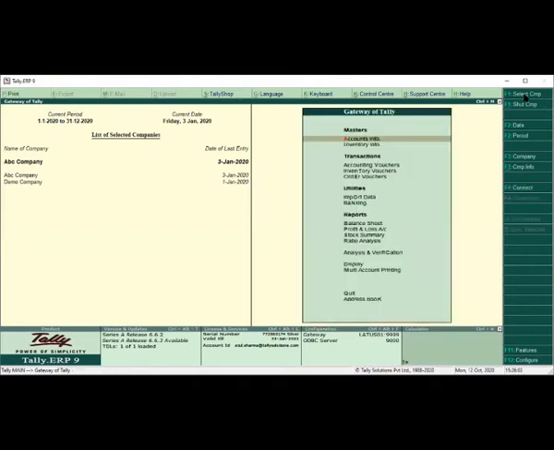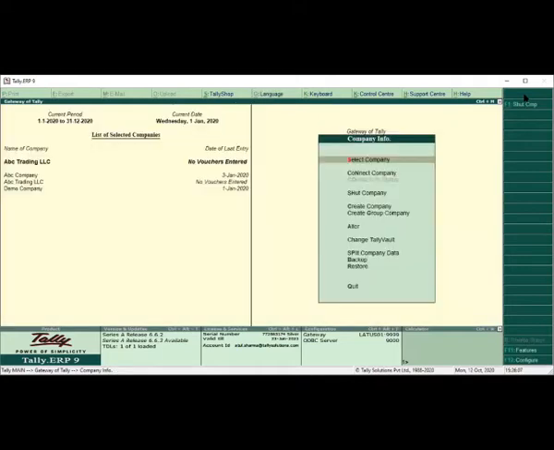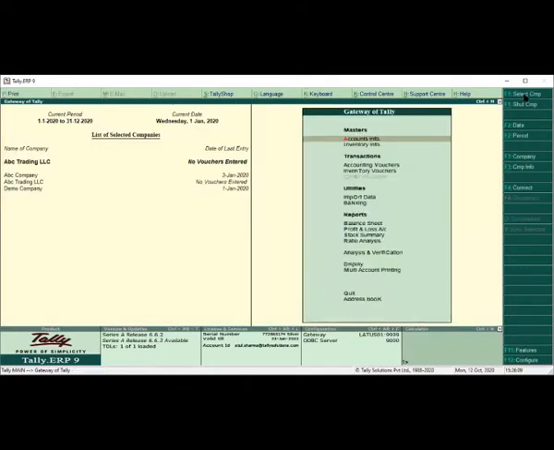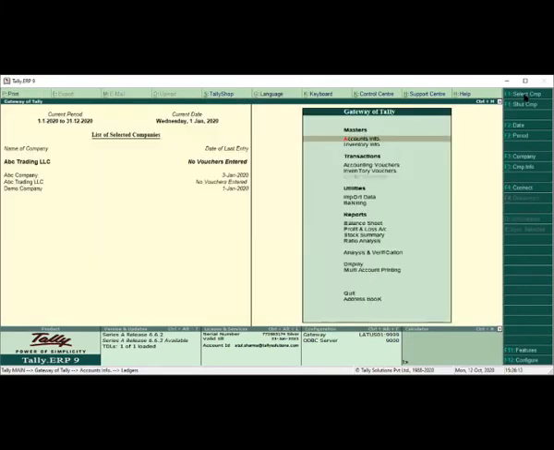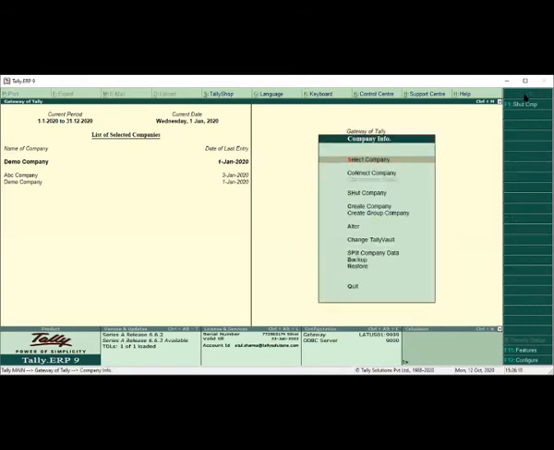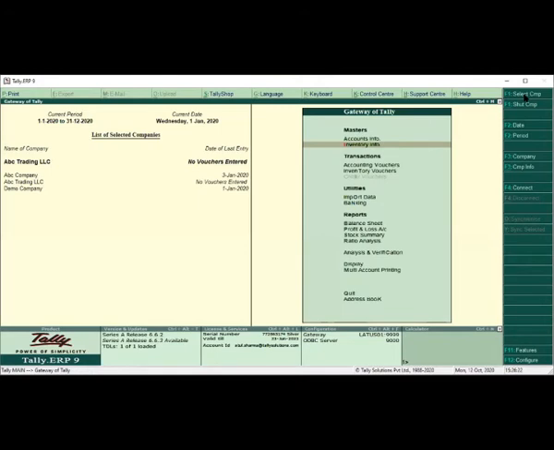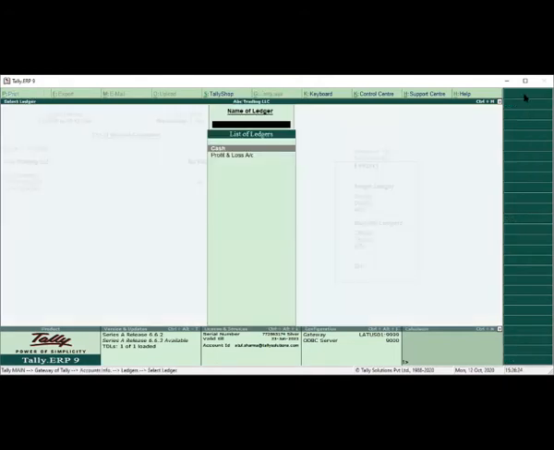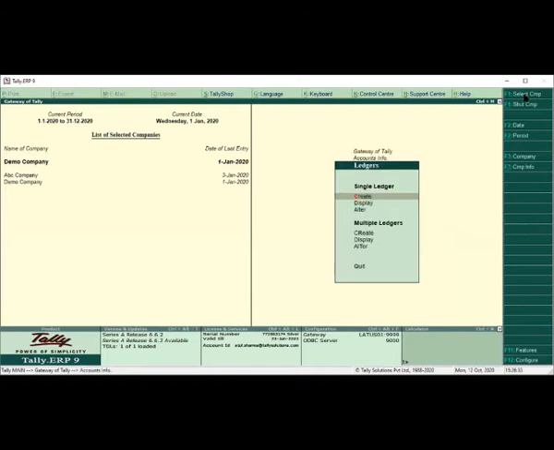Let's see, ledgers, alter, select another company. There is a problem with this company itself, which I have created. So this is the way that you can open the ledger.